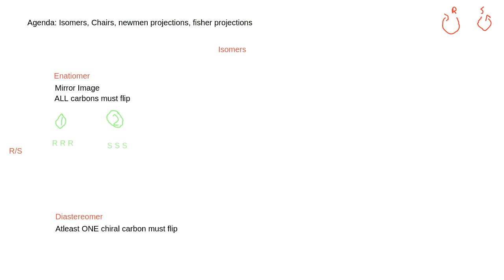So like I said, all chiral carbons, sorry, let me fix that. All chiral carbons must flip, okay? And flipping means R to S or S to R. So if my first structure is, once I find chirality for my first structure and I get all R's, my second structure has to be all S's in order for this pair of structures or isomers to be called an enantiomer. Now for diastereomer,